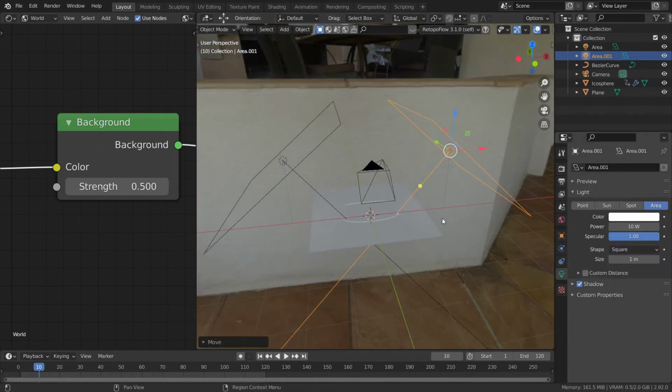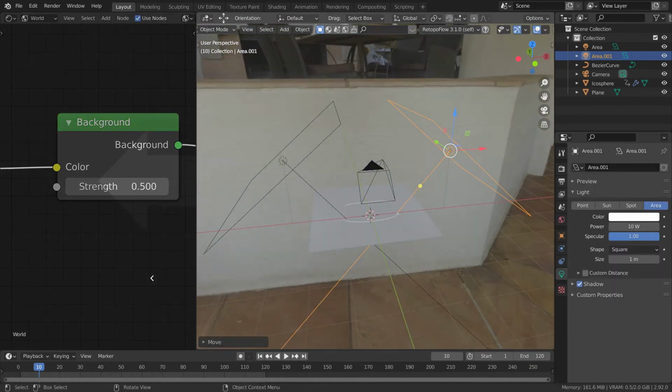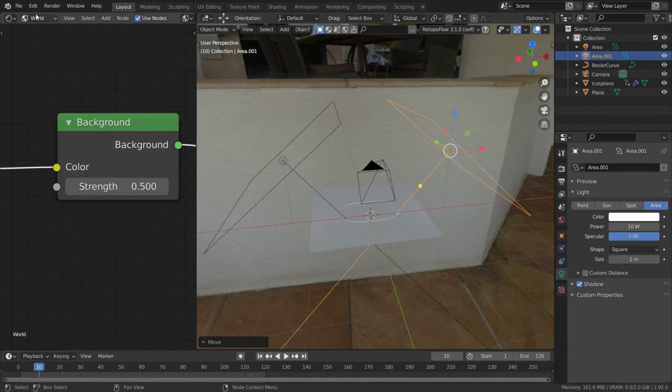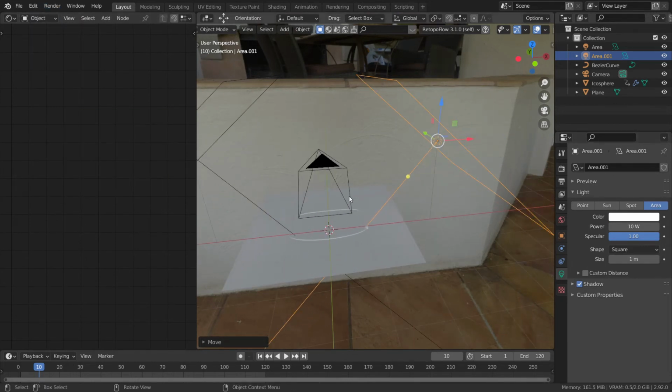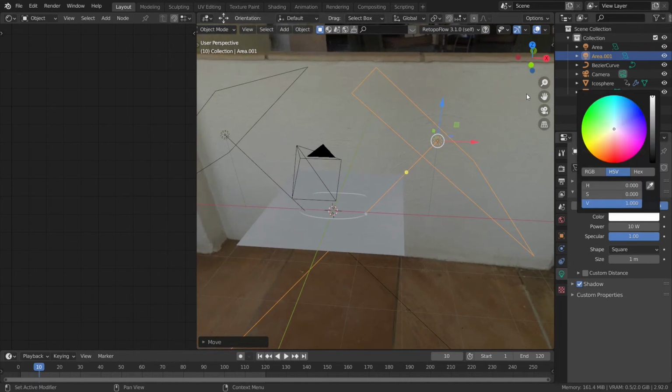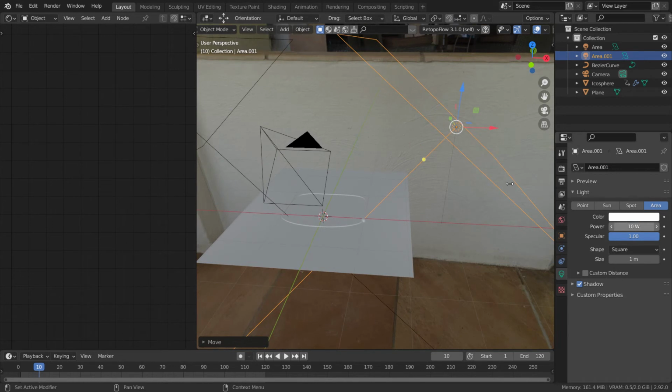Okay, so now you can also change the lighting of this. Let's just plug that, change this to object. Okay, so now you can also change this lighting with the help of this color, and you can also change the power to something like 60, or say let's just go to 200.